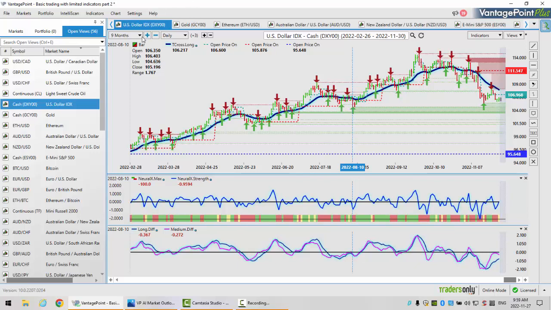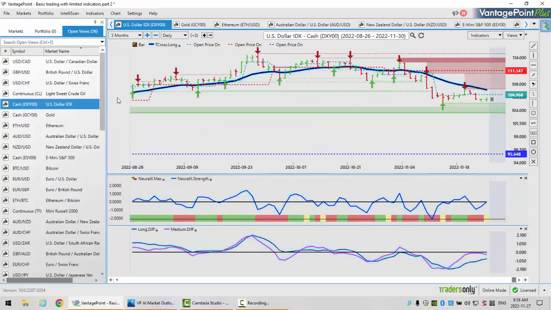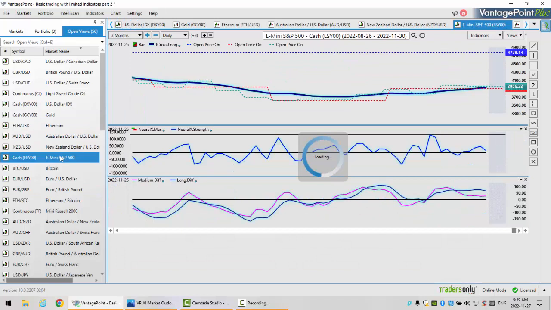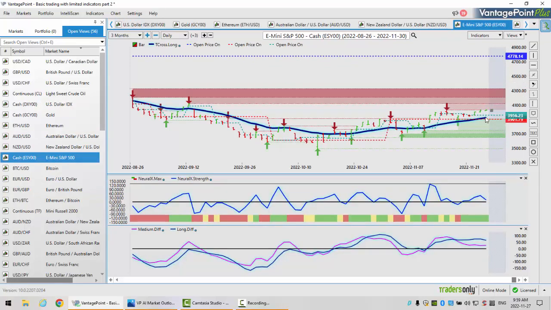But the Fed ultimately is the Fed meeting, the CPI number in December prior to the Fed meeting, there will be increased volatility. But where we currently sit right now, the dollar index, you can see our neural index strength. The neural index itself has turned yellow. That's a cautionary, very close to a verified support low. So again, our predicted differences failing at the zero line and warning us that, okay, still not a lot of dollar sellers down here, but not a lot of dollar buyers either. So again, kind of sideways, looking for a trigger in the market, but the trigger in the currency markets will come from the S&P 500.